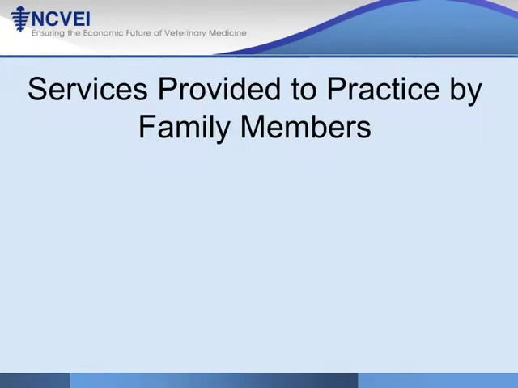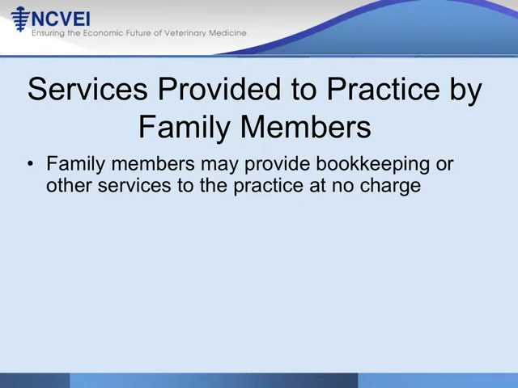Another common adjustment to get from taxable income to what the true practice profits are is necessary if you have family members that provide services to the practice. One of the most common things you see is a family member that provides bookkeeping or management services to the practice at no charge. And historically, the classic example has been a male veterinarian who owns a practice and his wife who did the bookkeeping or the practice management. And oftentimes the wife was not paid for that work or was paid at a less than fair market value